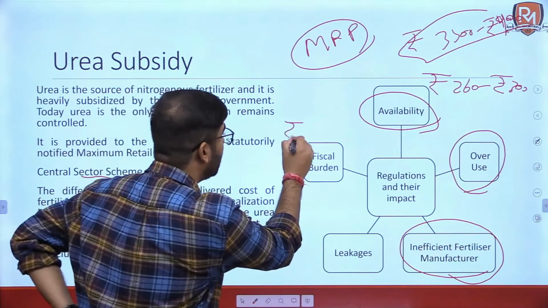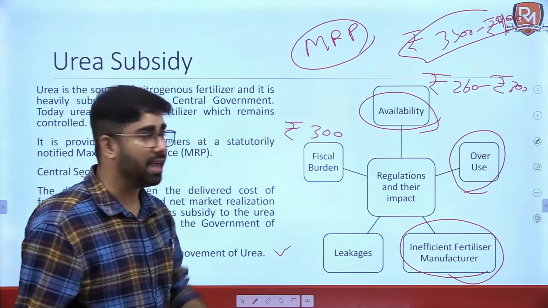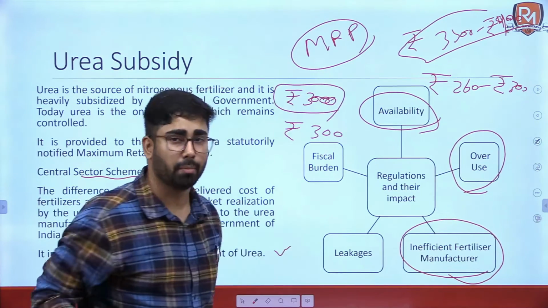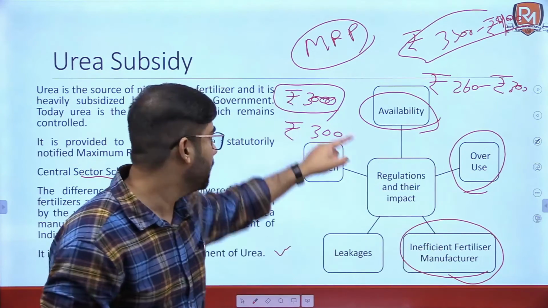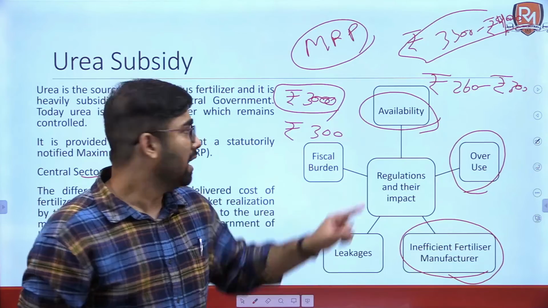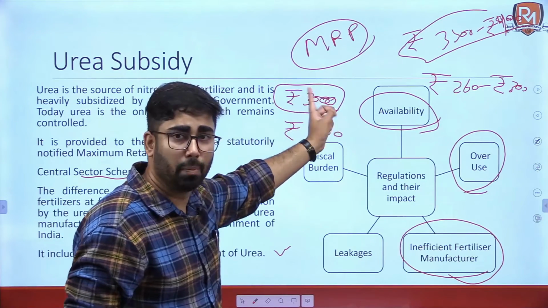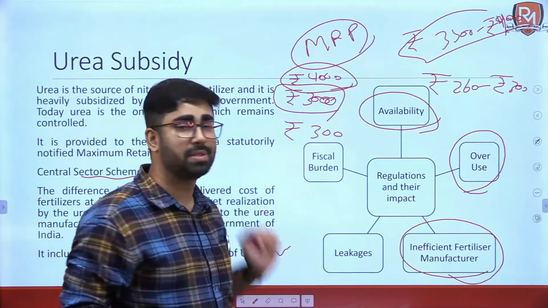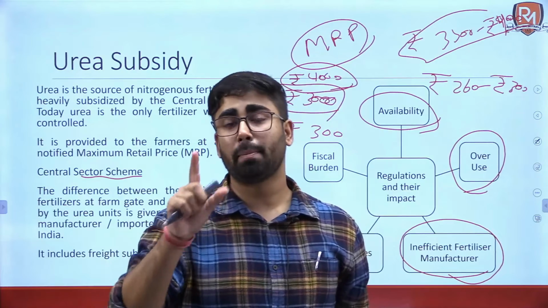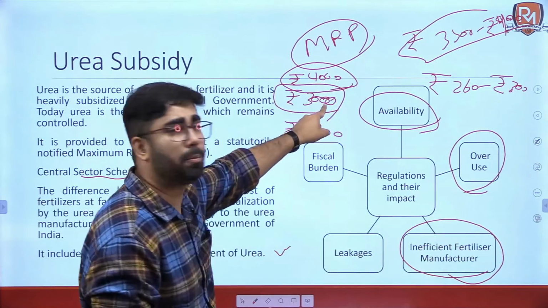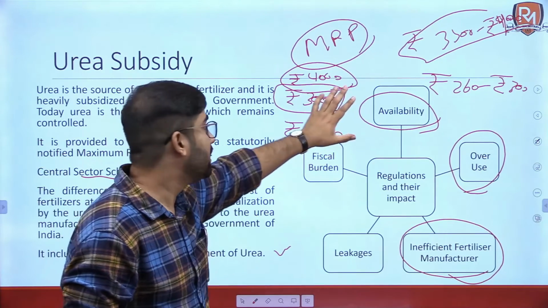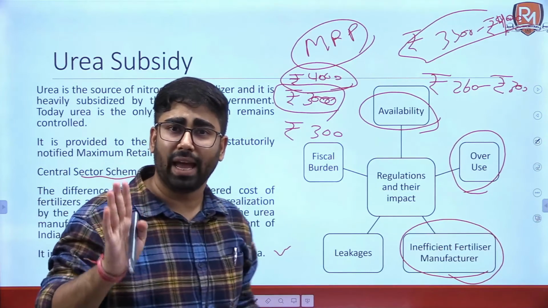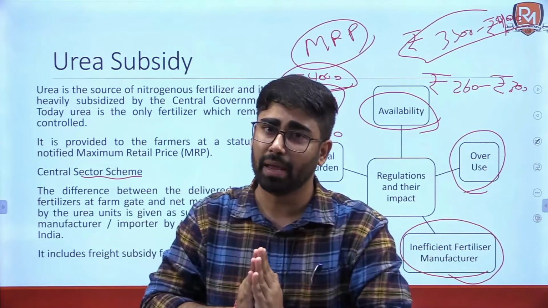जो दाम मान लो 300 रुपए का मार्केट में है, ठीक है, और मान लो 3000 का बना रही है कंपनी। लेट्स सपोज 3000 का बना रही है, 300 रुपए का मार्केट में है, इसका डिफरेंस यूरिया सब्सिडी है। अब अगर ये यूरिया जो बन रहा है, ये मान लो 4000 का बनने लगे, ठीक है, तो वो इसका डिफरेंस भी यूरिया सब्सिडी है। तो जो मैन्युफैक्चरर है उसके पास इंसेंटिव नहीं है कि हम एक एफिशिएंट प्रोसेस यूज करें ताकि हमारी सब्सिडी कम से कम जाए। नहीं, उसके पास ये इंटरेस्ट नहीं है, उसे सब्सिडी मिल रही है, तो उसको ये है कि हम कोई भी प्रोसेस यूज करें, यूरिया बनाए, सब्सिडी हमें मिलेगी।